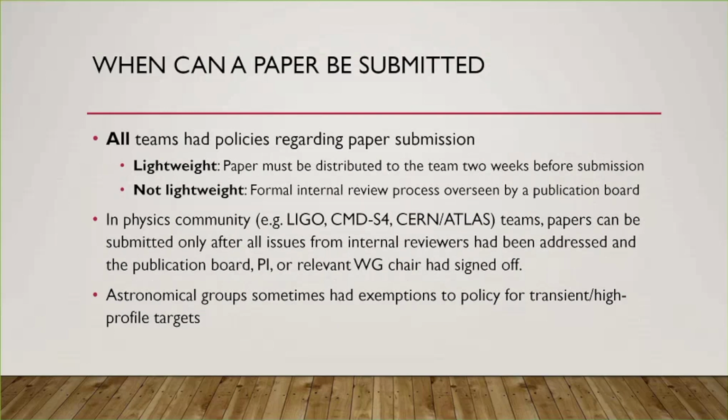When can a paper be submitted? It was interesting. Every single team had a policy on this. Sometimes it was really easy, like you just have to distribute it to the team a few weeks before publication. There's no approval, you just have to have sent it in. Others, you have a full refereeing process done by people external to the authors, but internal to the team, who do a formal review process, and all of their review comments have to be addressed before you can even submit it to a journal. That's much more common in the physics community, and in the astronomical community, it's usually more lightweight, and even sometimes had exemptions for transient sources, high visibility sources, but it did vary all over the map. So even some of the astronomical papers had fairly rigorous processes for review. Next